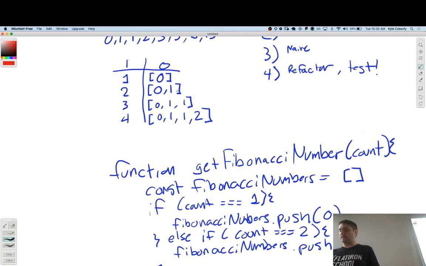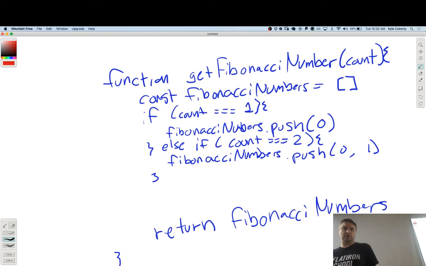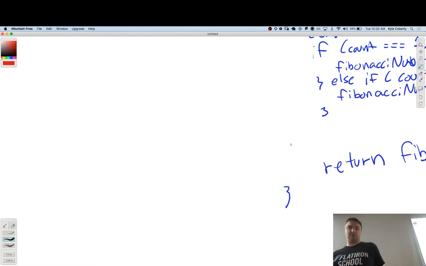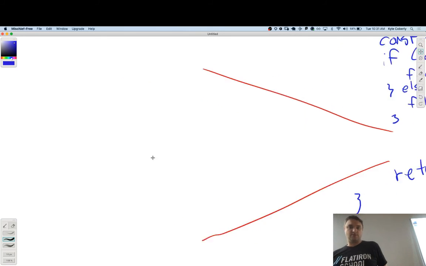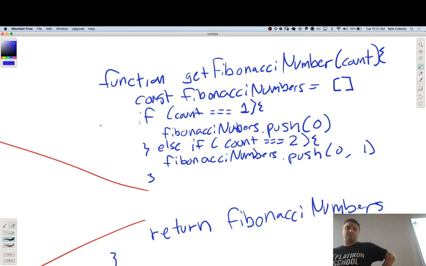Okay, next thing that I need to do is figure out some way to push in the sum of the last two. So I ran out of space, so what I'm going to do is just zoom in on that. All right, so take the two most recent, and so I'll put this maybe in an else. Otherwise, I know it's